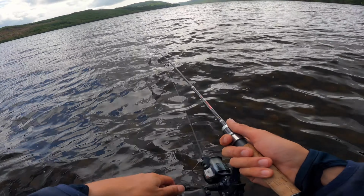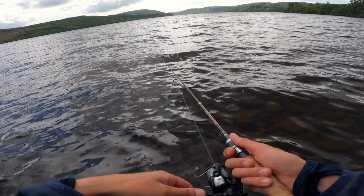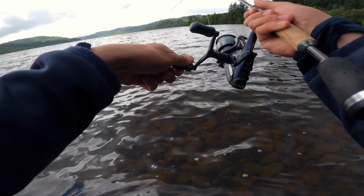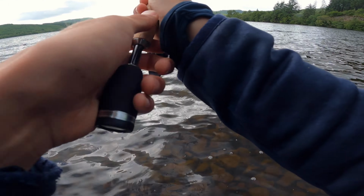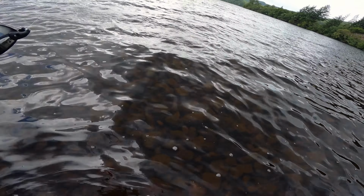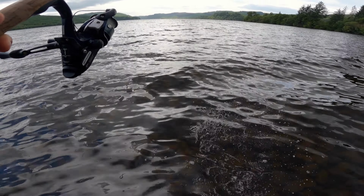Let's have another go. That was definitely a bite. Something hit that on the way in. Saw it turn. Yes! Another! Bloody hell, I think we might have stumbled upon some. Bloody hell, look at them jump! Only small, but...